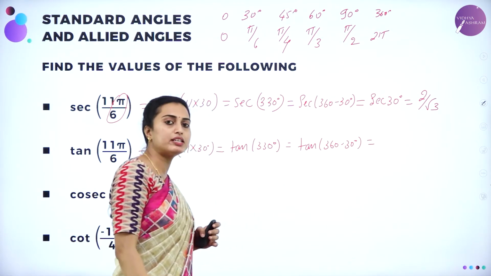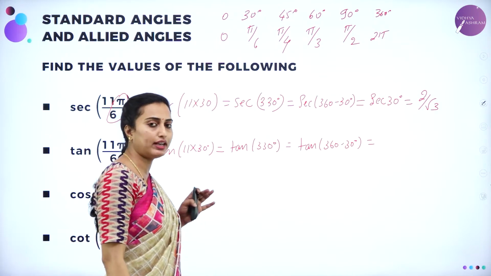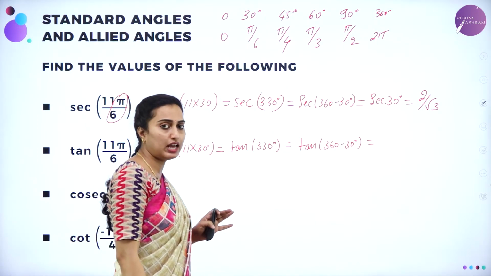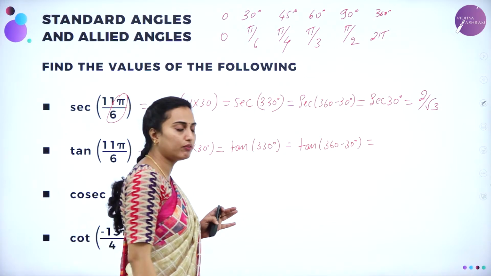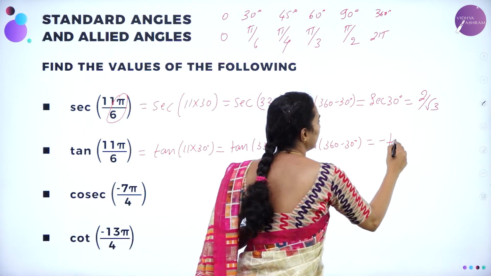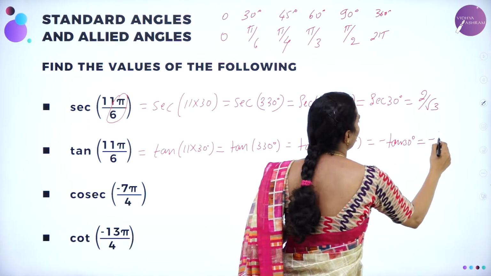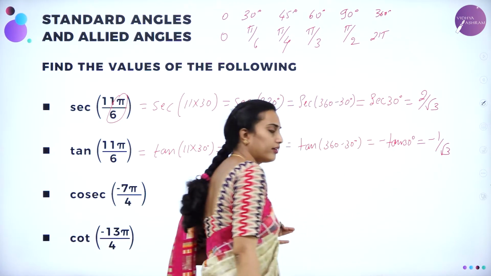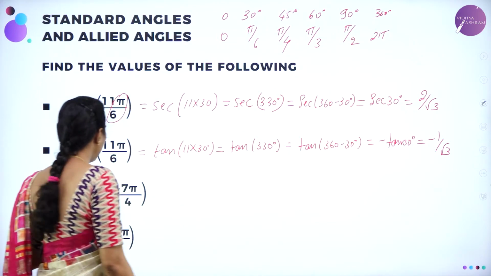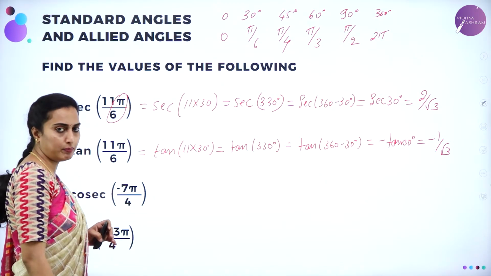Again you are going to calculate tan of 360 minus 30. Tan of 360 minus theta falls in the fourth quadrant, and in the fourth quadrant, tan is negative. So which will be minus tan 30 degree. You already know tan 30 degree gives you the value 1 by root 3, so here the value is minus 1 by root 3, because the minus sign is there. Right?